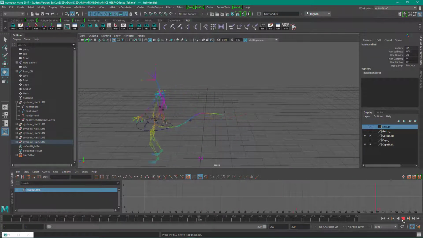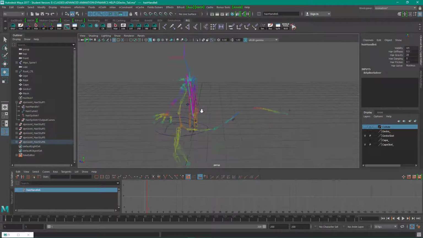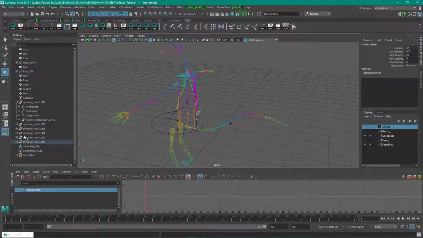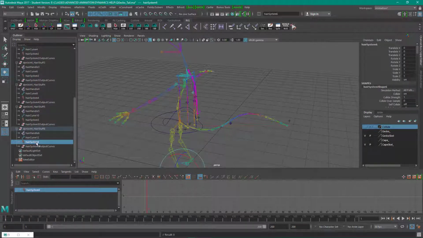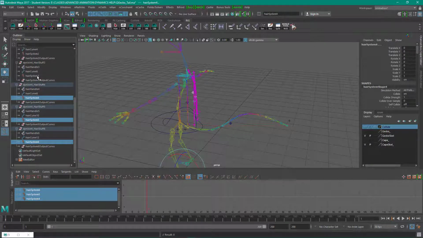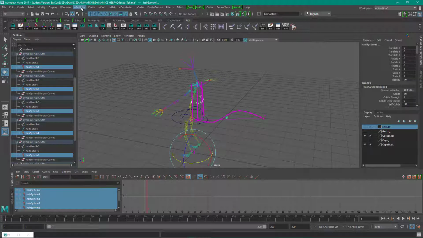So the cloth is a little wonky, so we're going to want to slow it down a little bit. So what we can do is, just like before, we can go into each one of these parameters, like I did with the tail, and muck around with the hair system here. Or I'll show you just a little shortcut. So I'm going to select them all, including the tail, the hair systems, and I'm going to go to